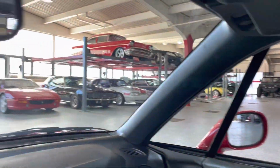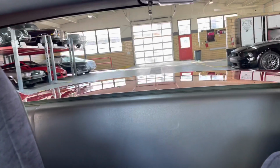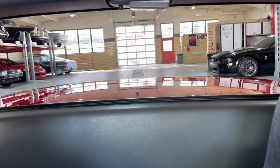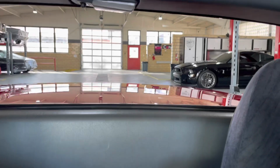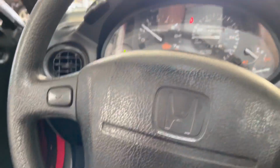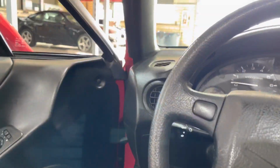Okay, so here's what's kind of cool. Kind of put our windows down here, and then look at the back, and voila. That's French for and then. Okay. I'm gonna shut it off here, and let's get out here so we can kind of take a look